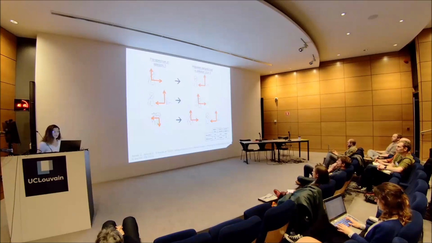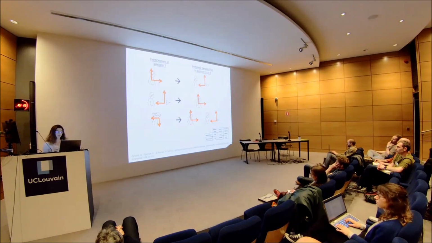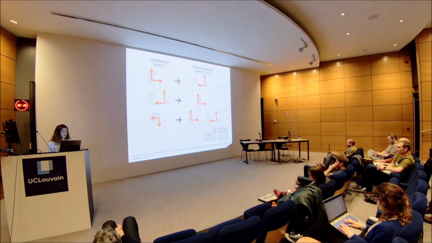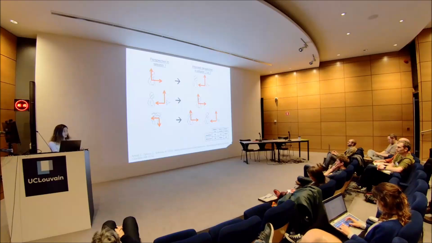And then the next question is, is this perspective natural? In the first experiment, the participants completed 3 sessions. In the first one, they were free to adopt the perspective they wanted, as in the graph I just showed you. And in sessions 2 and 3, a perspective was imposed on them, either the one they previously chose or a different one. This order was counterbalanced to disentangle between learning effects and switching costs. What is interesting here is that we measure not only the default perspective, but also the ability to switch from one perspective to another.